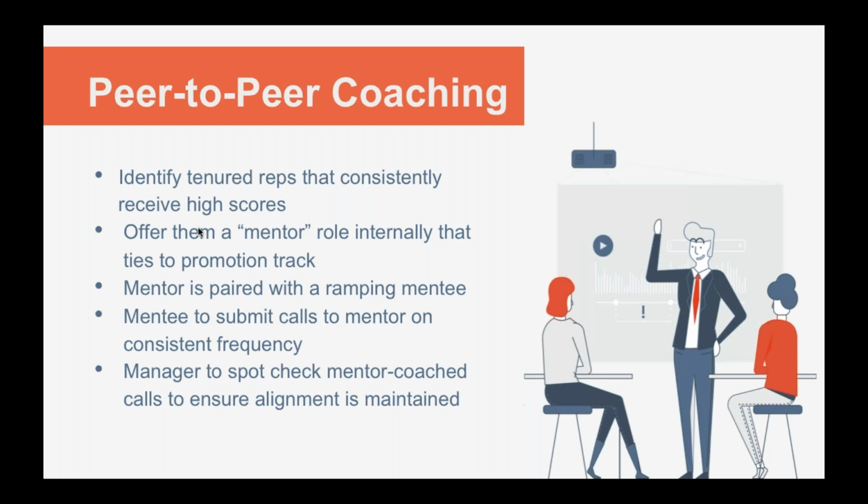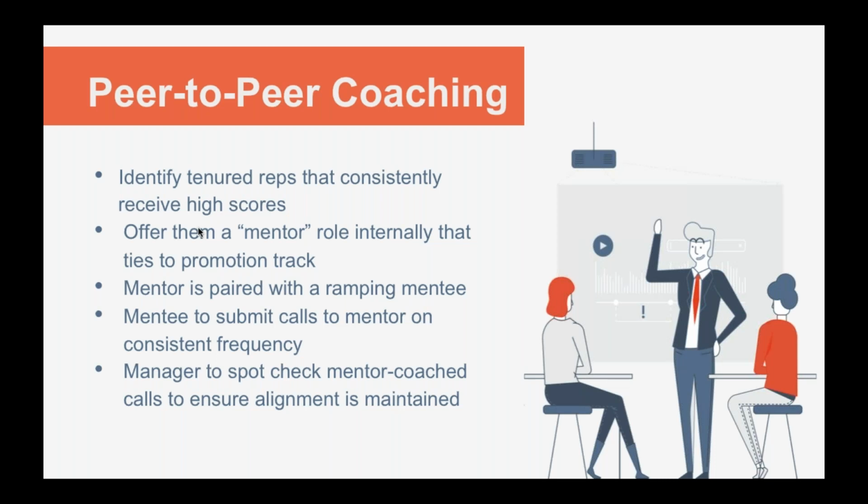One of the key things here that I know, Chris, you and I have talked about fairly often in the past is making sure that your management team is spot checking anything a mentor coaches. That way you can ensure that alignment is maintained moving forward. Are you guys doing any of that at SmartRecruiters? Absolutely, and that's really important because we discussed how great it can be to get mentor feedback from somebody that's a day-to-day practitioner,